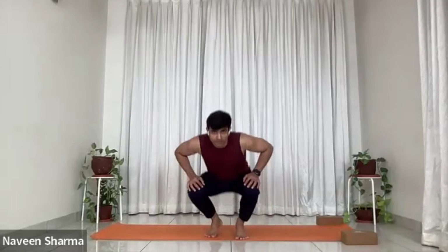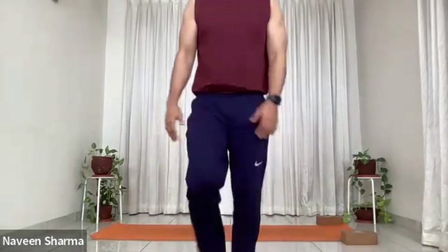Feel some sort of stretch coming from the right side of the glute right now. It'll become better if you keep your back more and more tall. One, breathe in and breathe out. Two, so you can hug your knee fully, pull the knee closer to you. Yes. Four, breathe in and breathe out. Five,